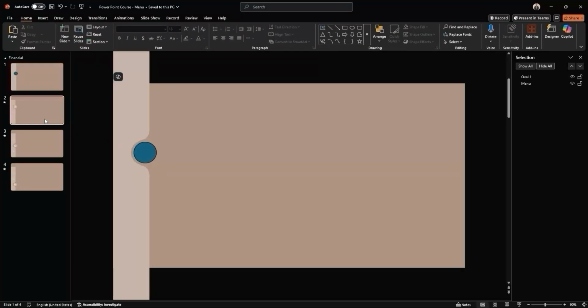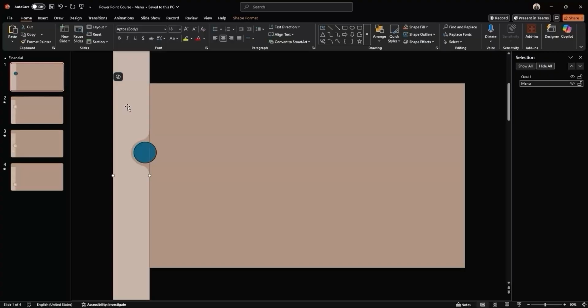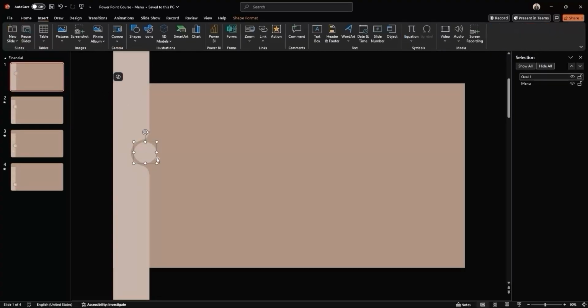If you were thinking of using the Format Painter from the circle on slide 2, unfortunately, that won't work directly since the circle there is grouped. But no worries. You can still use the Format Painter from the rectangle on slide 1 to style the circle. The Format Painter works even across different shapes, and in this case, we just need the matching color, not the shape type. This will give your new circle a consistent design with the rest of the menu.